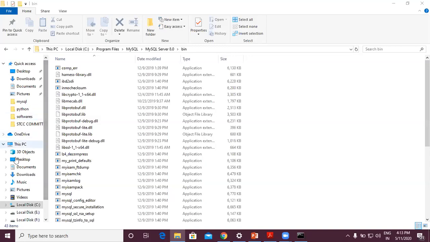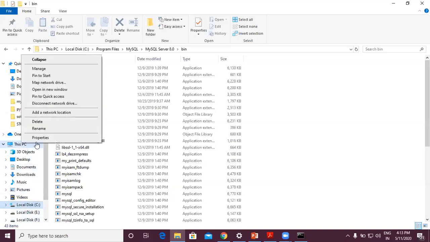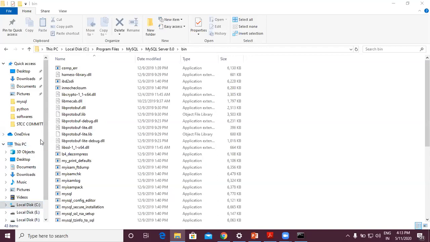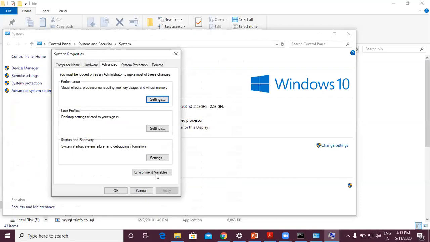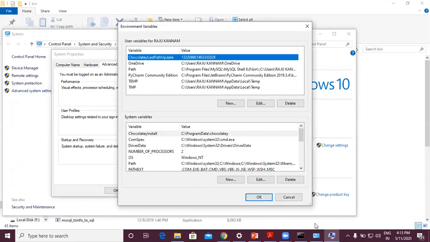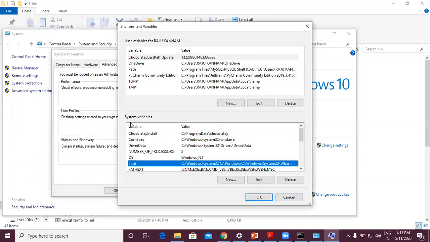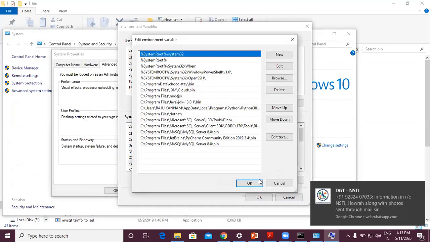depending upon the operating system you are using, you will get a different window for the path variable. So I'll show you again here. In the environmental variables, in the system variables, the path variable is there. You have to select edit. If you click on edit, you will get this window if it is the Windows 10 operating system.